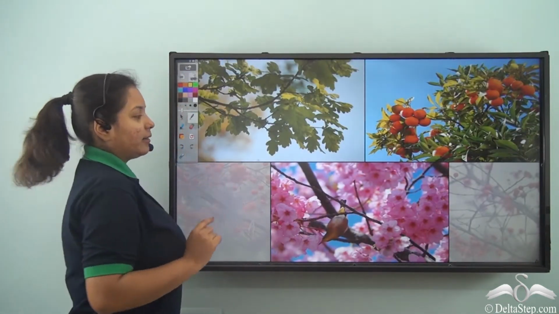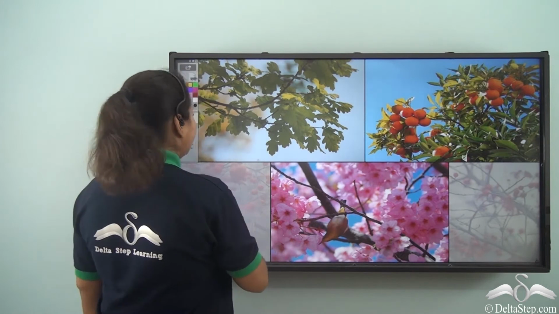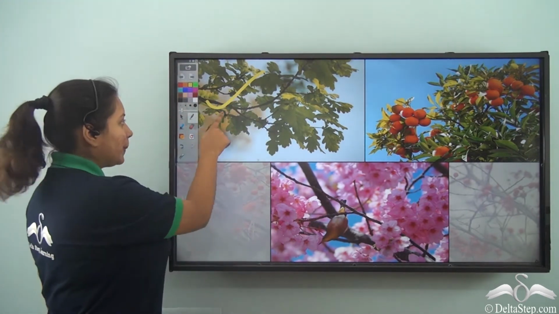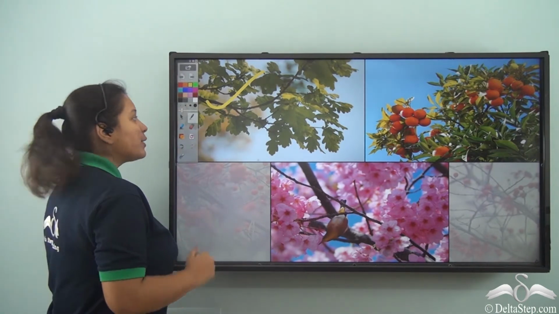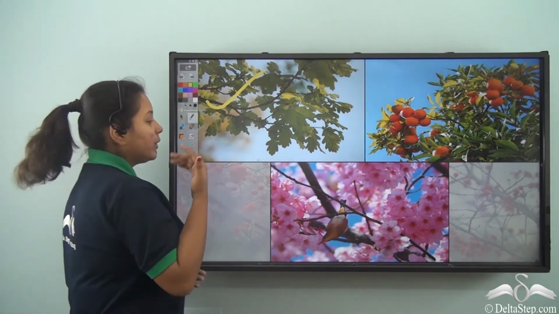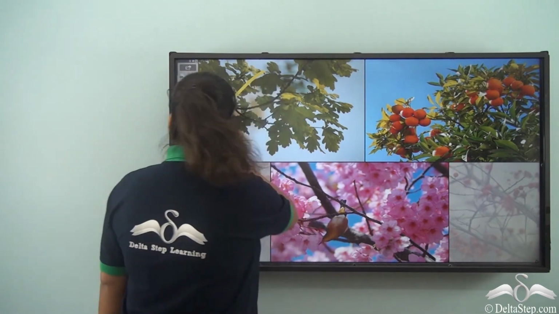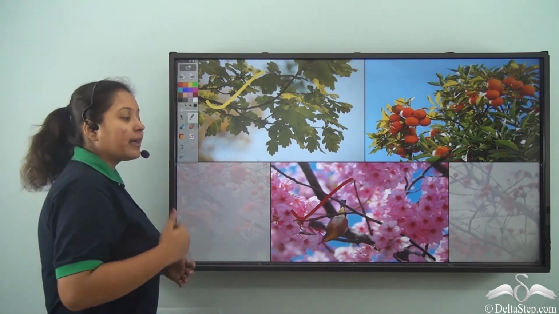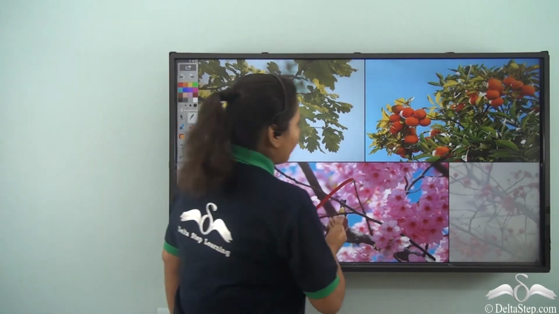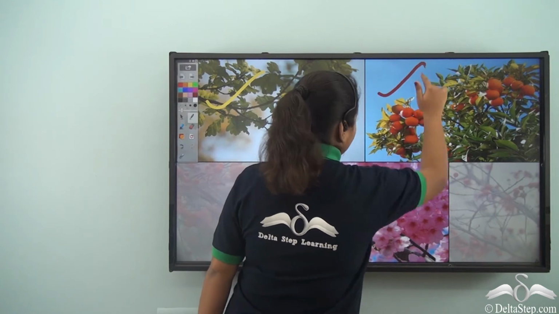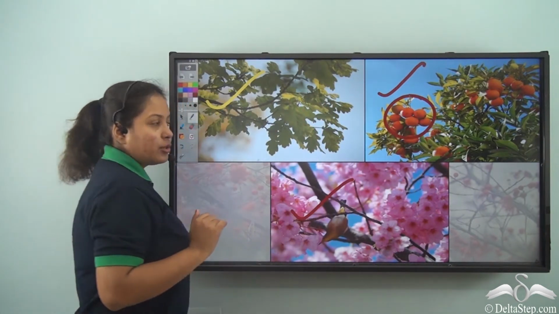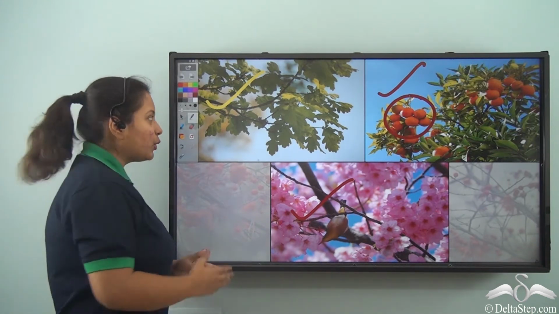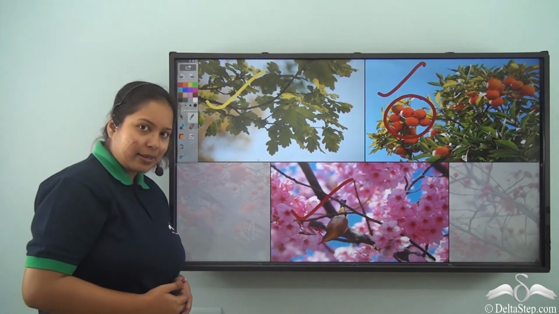See, over here you can see the different kind of branches. How they are helping the leaves over here to be in the plant, right? So, they are supporting them. Not only the leaves, it also helps other animals who sit on the plants and come there for shelter. After these, we also see the branches helping the fruits to stay on the plant. So, branches give support to all the different parts of the plant.